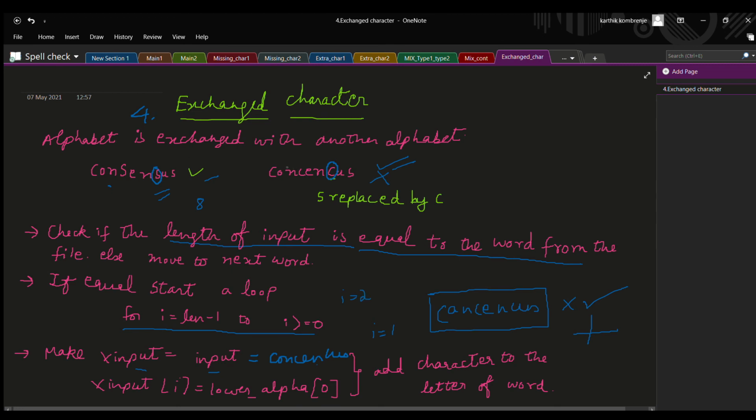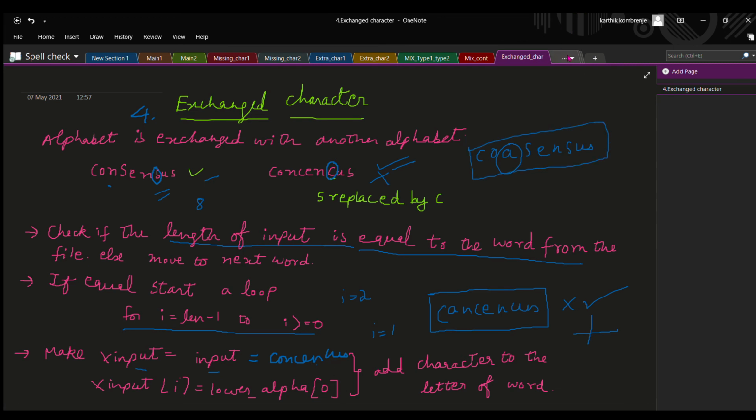What is i equal to 2? So if x_input of 2 is equal to lower_alpha 0, again it will be "coascensus". I have replaced N with A over here. According to this statement, it will check if this is present.